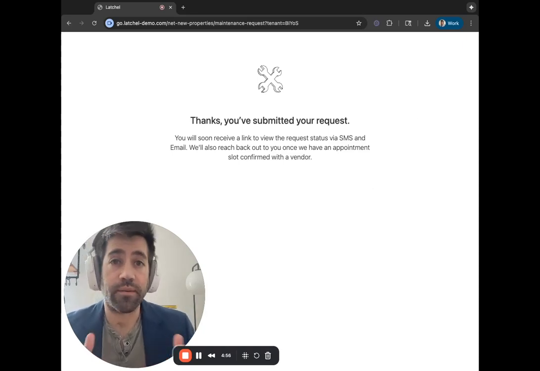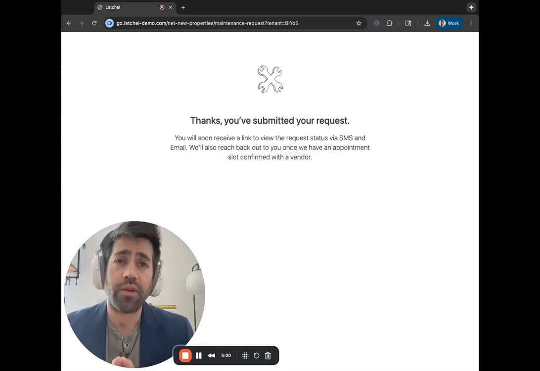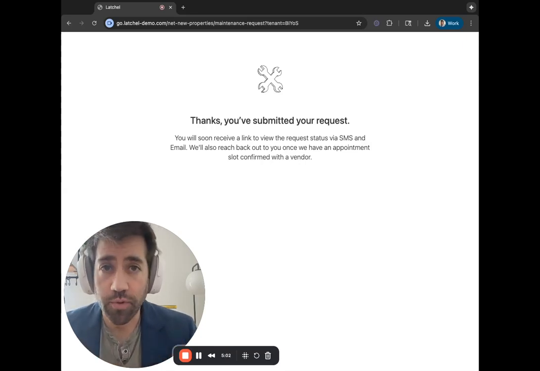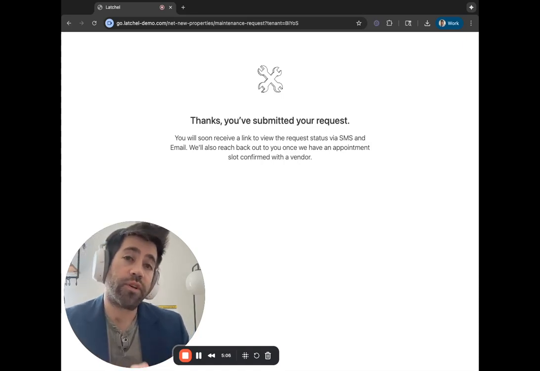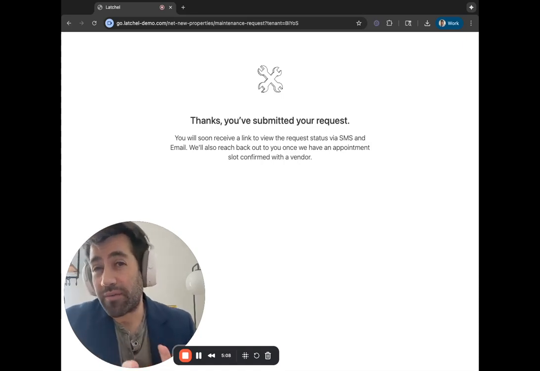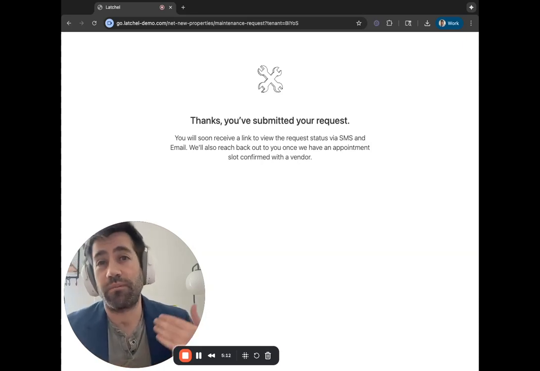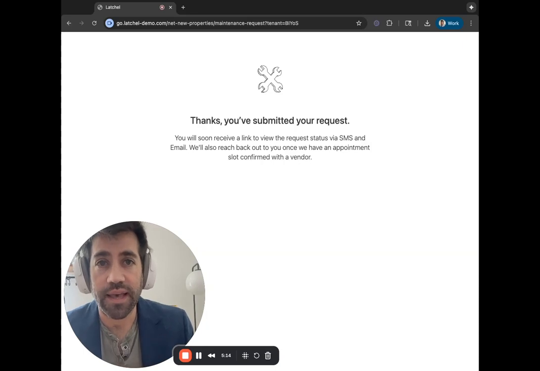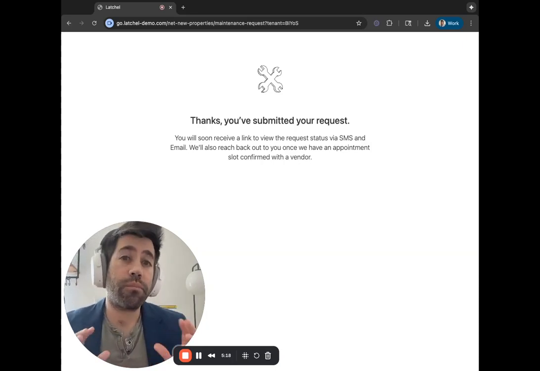Now that request is submitted, we have a lot more information about what's happening with that AC unit. We tried a lot more troubleshooting steps. Ultimately, they didn't work, but we've also got confirmation that we don't have other secondary issues with that air conditioner like leaks or smell of gas or anything like that. And now you're off to the races, ready to do a much better job with